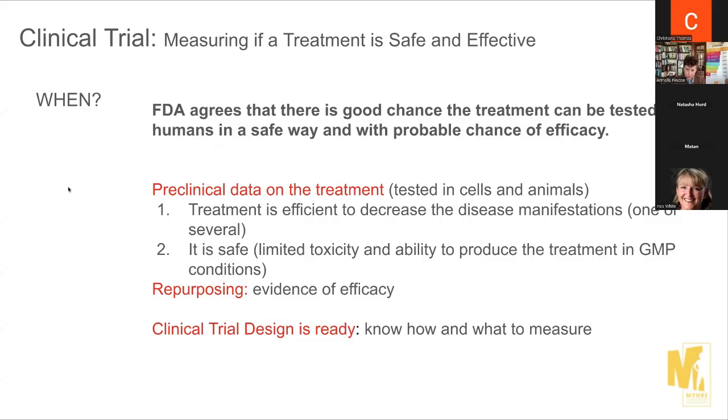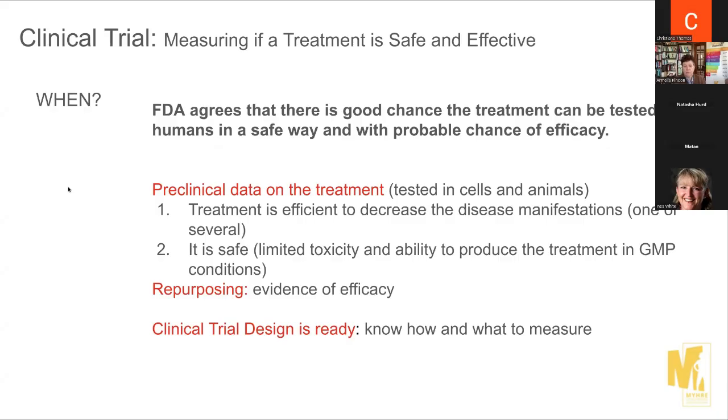And you need to prove also that you can produce that treatment in what we call GMP conditions, which means that it's going to be prepared, the treatment, the molecule, or whatever treatment, if you want to use cell therapy, gene therapy, you need to prove that you can produce it in conditions that can be applicable in humans. So it's sterile, it's extremely controlled, and it costs a lot of money to be in GMP conditions. When you go to animal and you test it in animals, you don't really care if it's in GMP conditions, so the production of the molecule is way less expensive.